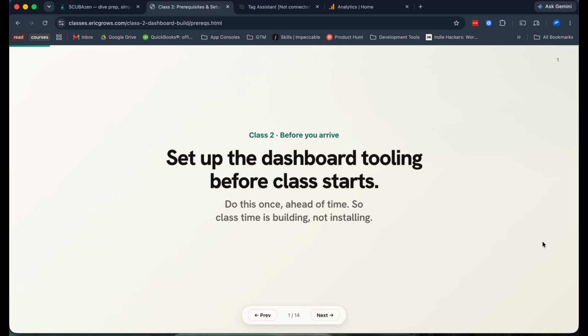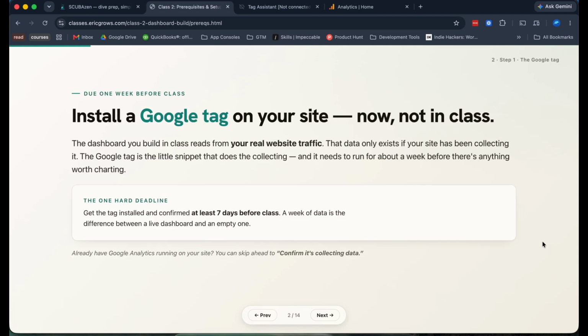So I'll go through a lot of the concepts and walk through the setup with you guys, and it won't take that long. So the first thing we want to install is a Google tag. And if you're not familiar with Google Tags, basically what it does is it tracks what people are doing on your site. So that way you have analytics of where they're coming from, what part of the world they're in, how long they're spending on your site, and you can start tracking events of what are they clicking, and how long are they spending on different sections and things like that.